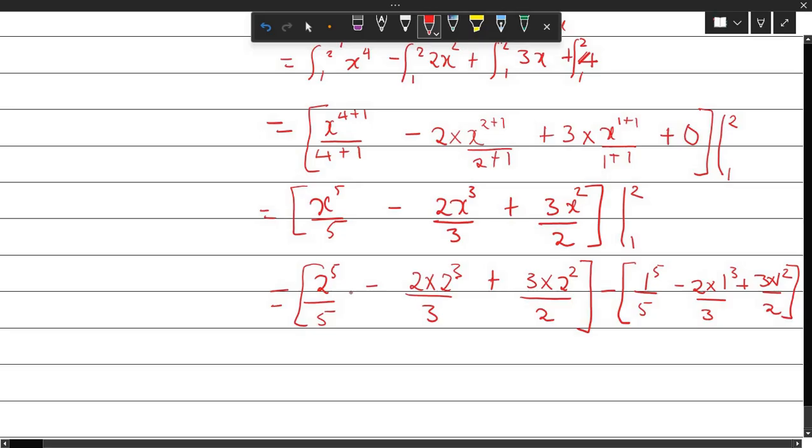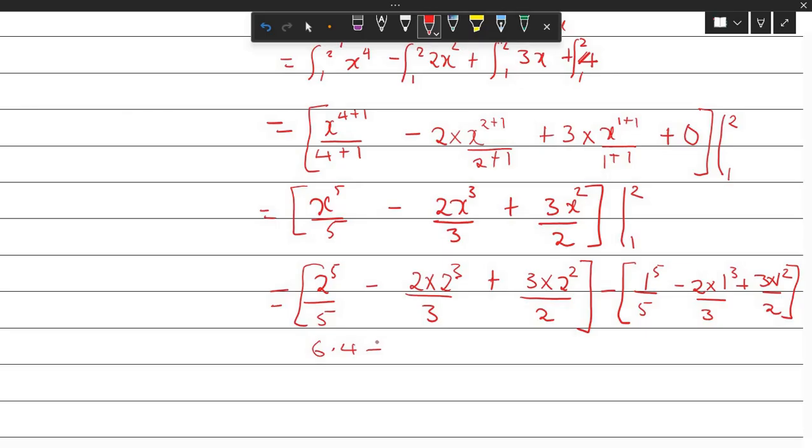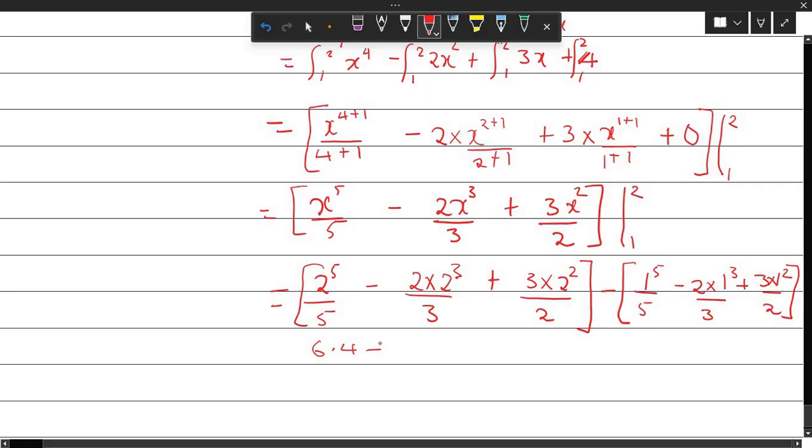So 2 to the power 5, 32 divided by 5, so this will be 6.4 minus, okay, this is 2 to the power 4 divided by 3, okay, this is 5.3 plus, okay, which is 4 by 3 divided by 2, which is 6. Okay, so here it will be 6